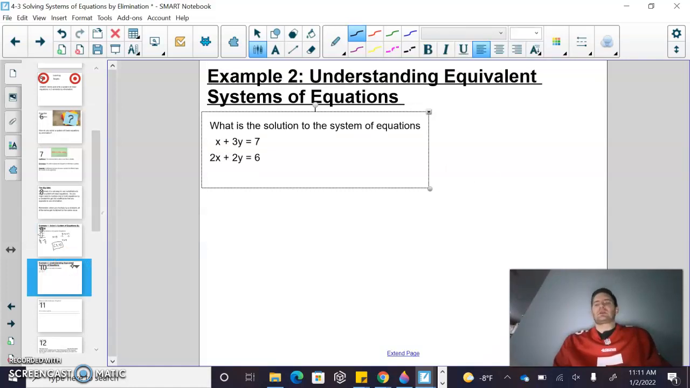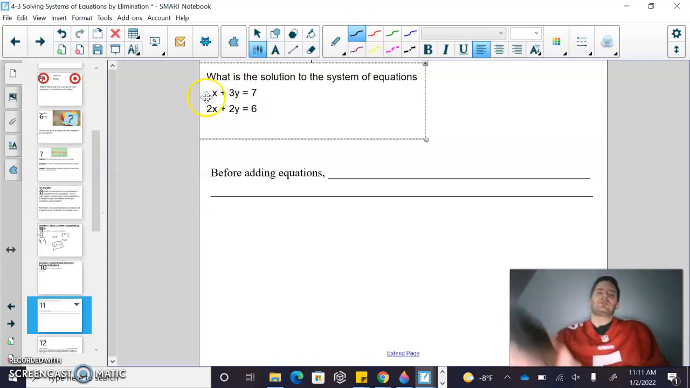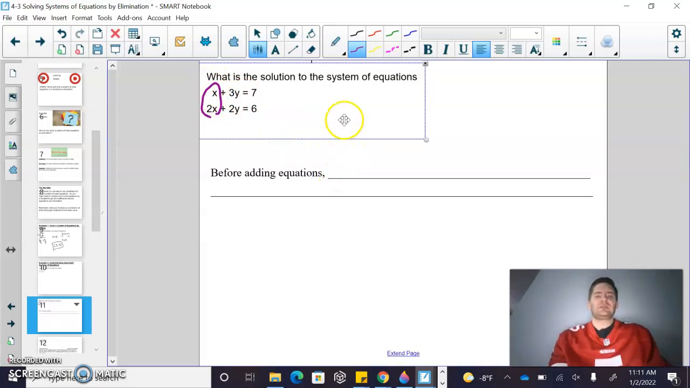So the next example that we're going to go over, we're going to understand equivalent systems of equations. So understanding what that means. We're going to look at this system of equations. Notice, unlike in the first one, we don't have that easy option where we can add this up right away. Now, looking at this, the quickest thing to do is try to eliminate x. So before we add the equations, we need to